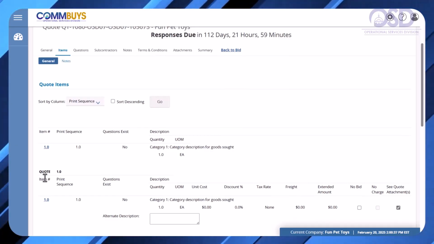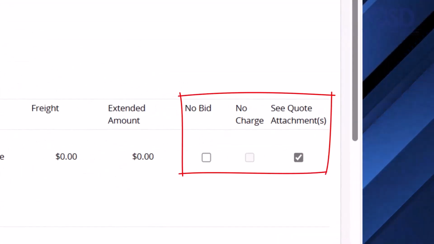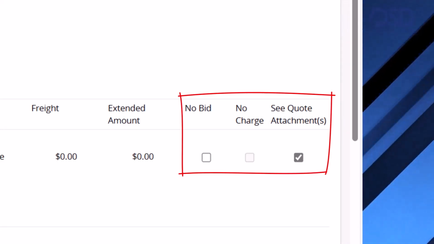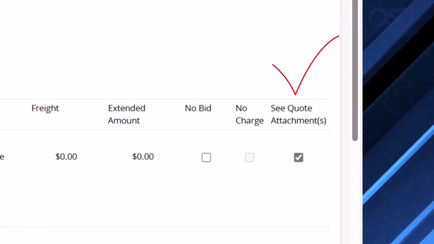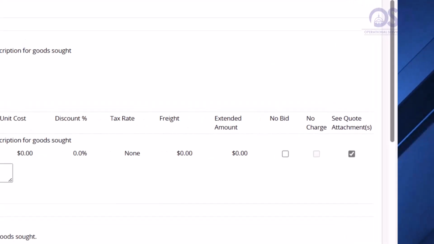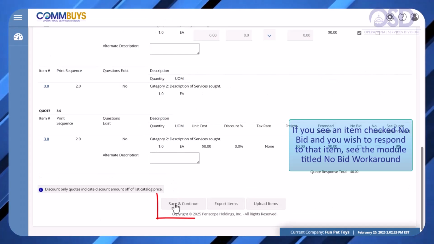Notice the column headings: No Bid, No Charge, and See Quote Attachments. By default, See Quote Attachments are selected. Once you have responded to the Items tab, scroll to the bottom of the page and click Save and Continue.